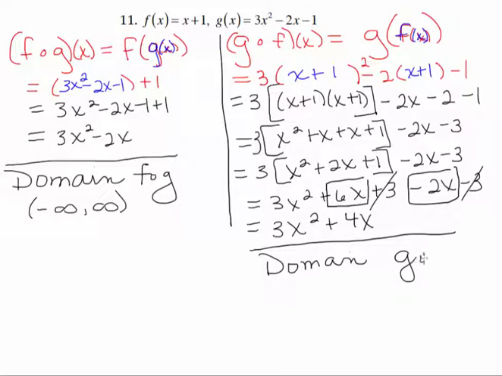And that's domain of g of f. And the domain of g of f is the domain of my composite function here at the top, including any domain restrictions from my inner function, which was x plus 1. So my domain for the whole entire composite function is all real numbers, and the domain of my inner function x plus 1 is also all real numbers, so the final domain without any added restrictions from your inner function is just negative infinity to